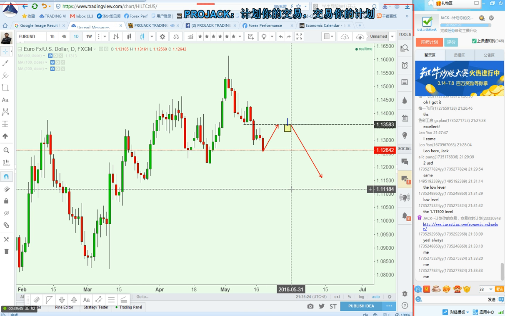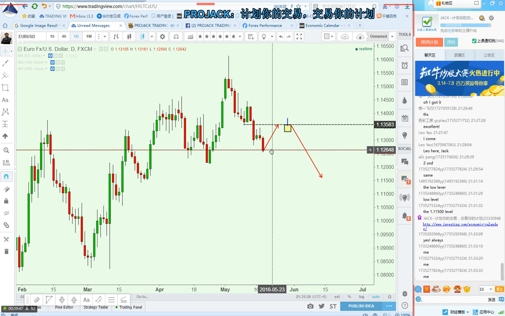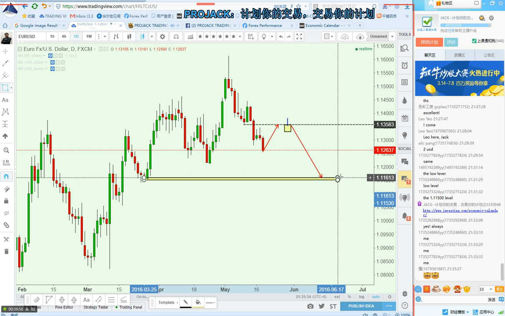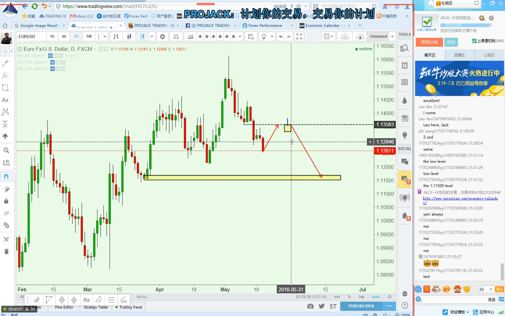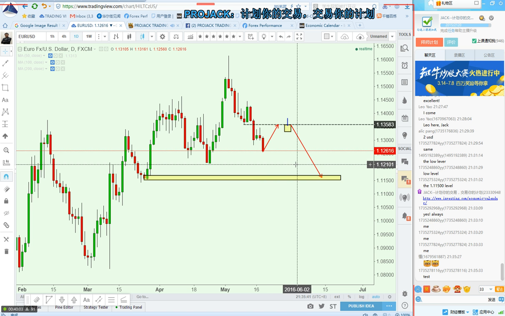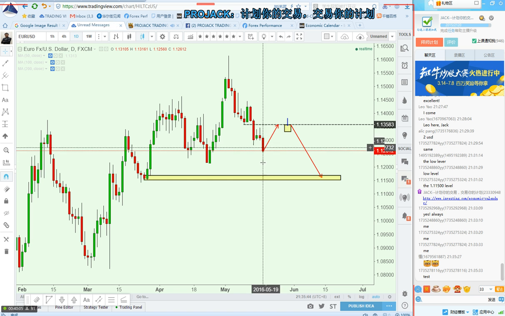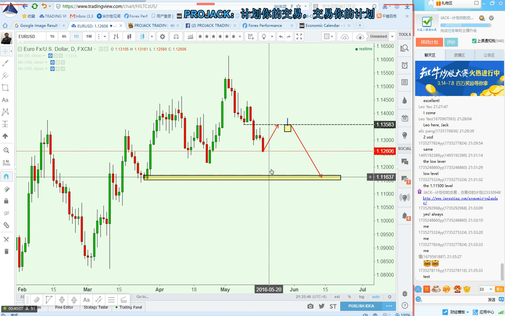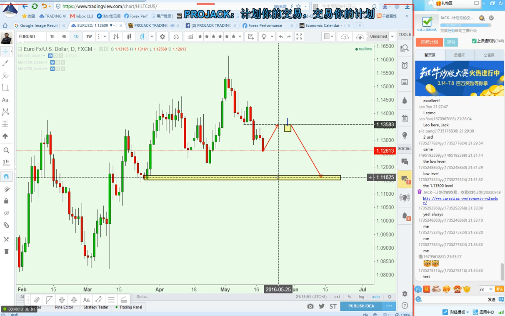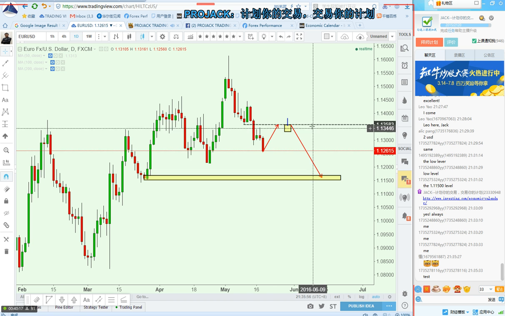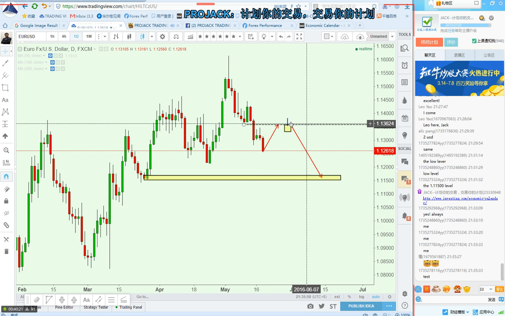Got it? So don't trade just because the meeting minutes come in, and the price now is not at what we want to buy. We want to buy maybe here. If price comes down here, it may bounce back because the 100 MA is here. But now the price is kind of in the middle. It's still going down. Don't catch the falling knife. But if it gives us a pullback to 1.1358 and forms a bearish price action, we can short.